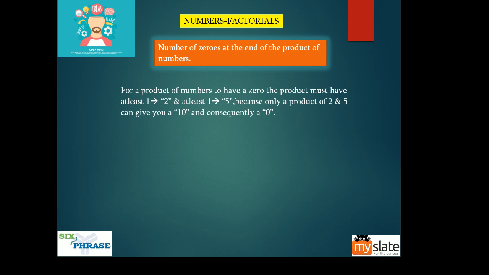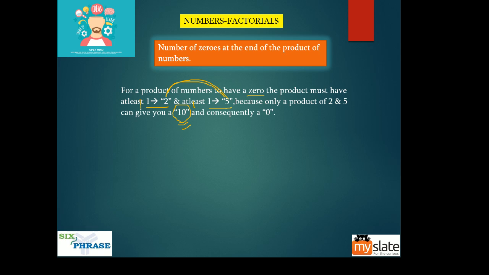How do you find zeros? For that, you have to understand this. For a product of numbers to have a zero, the product must have at least one 2 and at least one 5. I say at least because only a product of 2 and 5 can give you a 10. There is no other number which can give you this 10. Either one of them is not sufficient, both are required. Just 2 won't give you 10, just 5 won't give you 10, but the product of 2 and 5